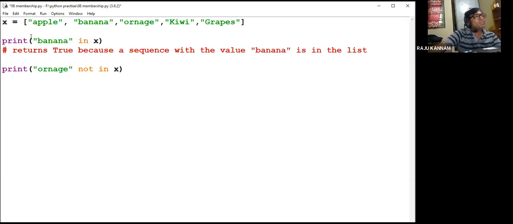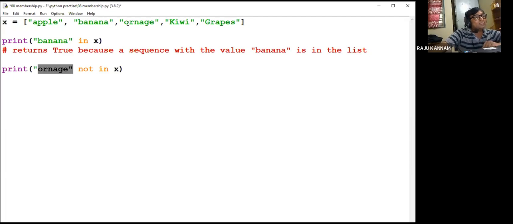In is used to check whether the specified element is available in the given list or not. And here another thing, orange not in x. I'm saying orange is not in x, whether this is true or false.